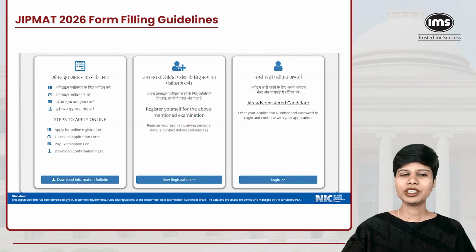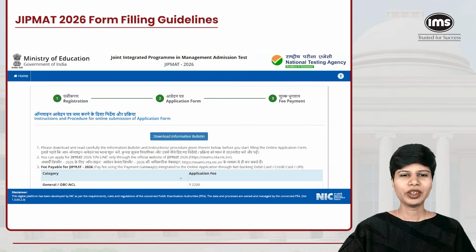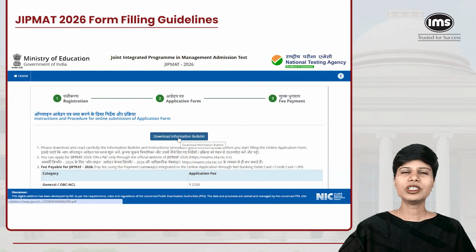To download the information bulletin, you can just download it and go through the details. You can go in if you are a new registration. And here, if you already have registered, you can log in through the details that you have already got. So now here, I'm going to go into the new registration first of all. I'm going to register for the first time. I'm a first time user. So then I go ahead and download this information bulletin before I perform any steps,